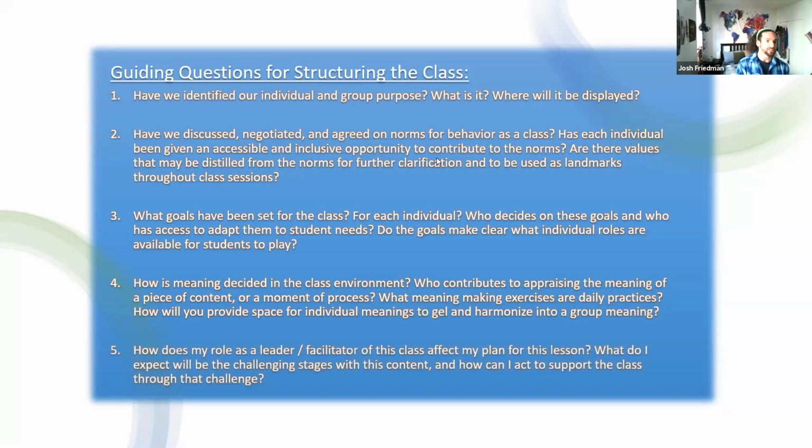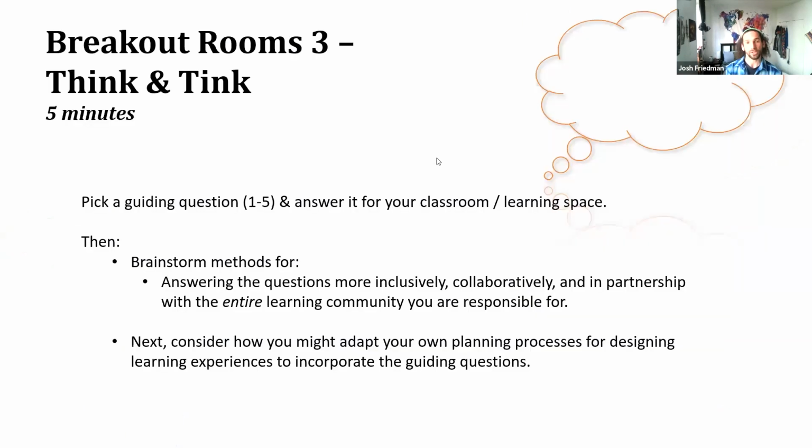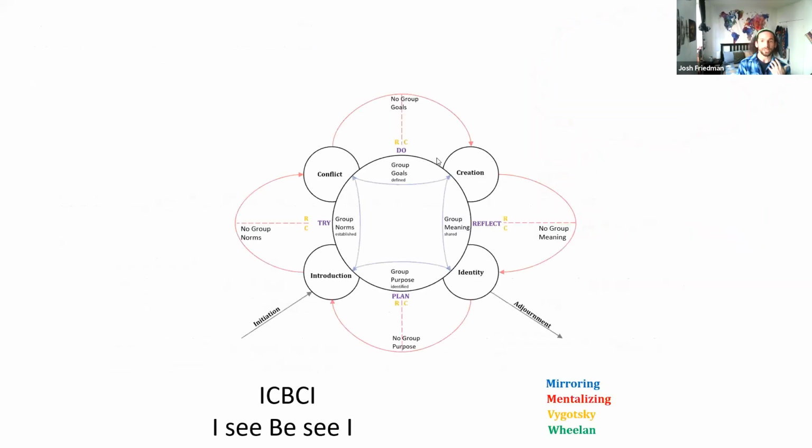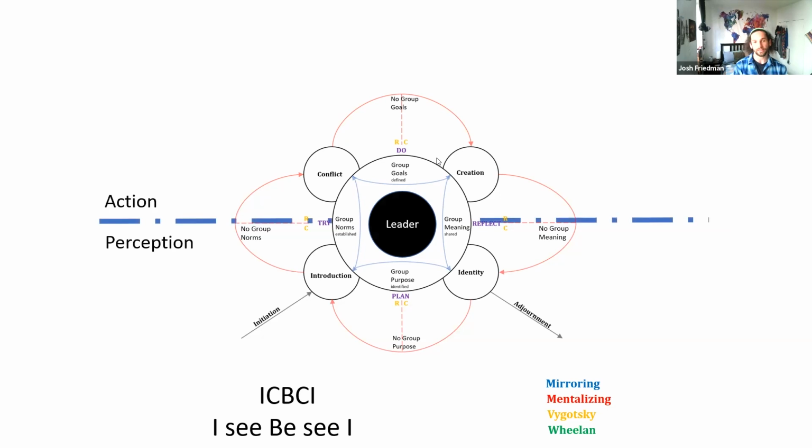And finally, though we're not going to have a lot of time for this, I'll quickly run through it as a leader or a facilitator. ICBCI can also guide you in how you affect groups through thinking of yourself in the center and maintaining this balance along 4 axes. Those 4 axes are: are we acting or are we perceiving? Are we doing too much acting, throwing us out of balance, and not enough perceiving?